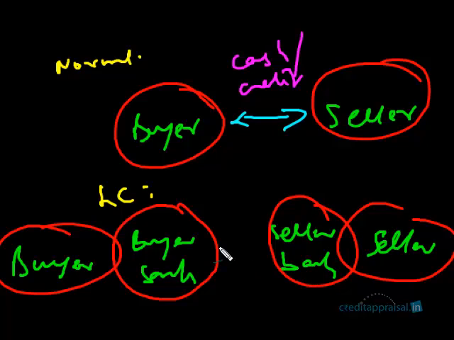Now the LC transaction, the payment will be routed between the banks, the buyer bank and the seller bank, as far as the payment is concerned. Okay, we are speaking from the payment point of view. The payment will be dealt only by the buyer's and the seller's bank. So the buyer and the seller actually will not come into the picture for the payment. So how is it going to work? Let us see how it's going to work.